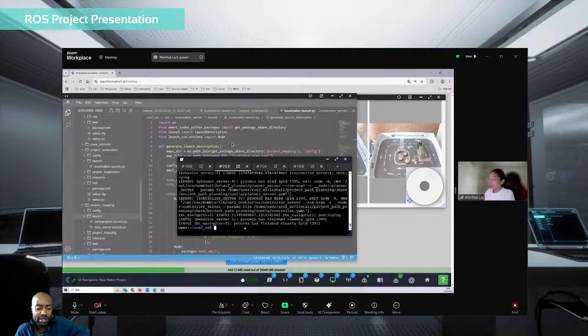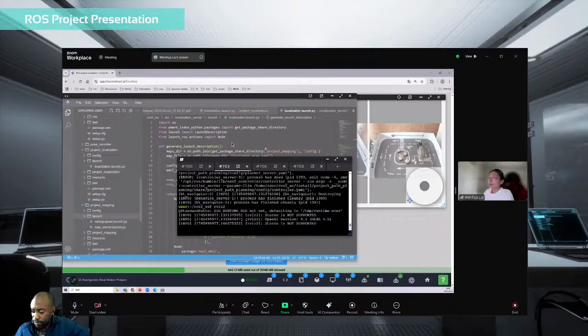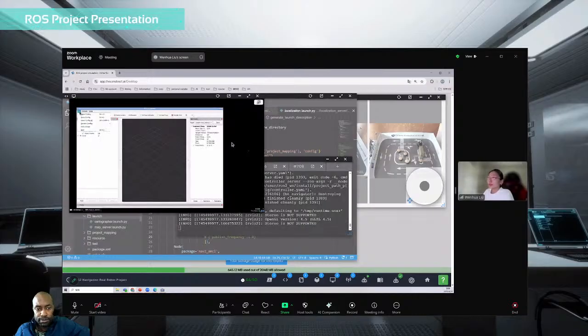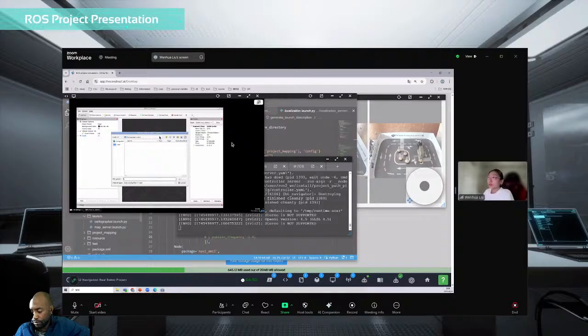The grid node will publish the map, and now I will do the